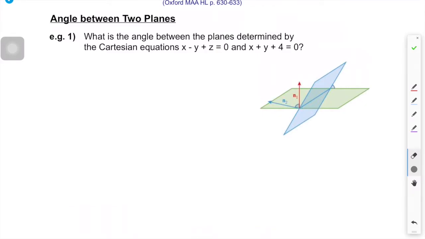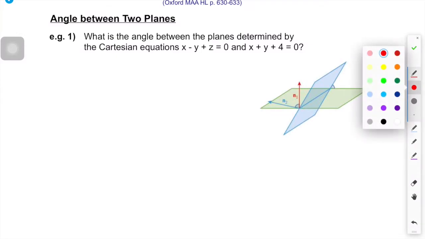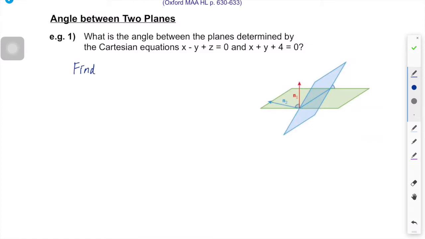When I describe the direction of planes, obviously I can use direction vectors on these planes, but you should recognize that so far, whenever we are dealing with the direction of planes, the more convenient thing to look at is the normal of the planes, the vector that's perpendicular to the plane, because it's less ambiguous. So the same thing happens when we are looking for the angle between two planes. It might be the most convenient way to find the angle between